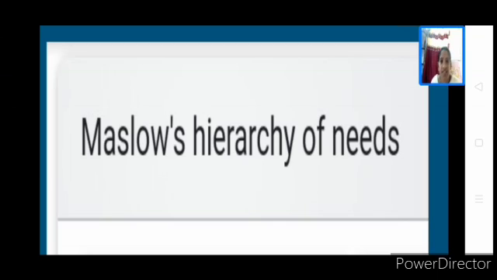So we have started with the directing chapter. There we have learned the principles of directing for managers. Then we started with the elements of directing. There we have seen supervision as the major element, and next we started with motivation. In motivation we have learned many things: the process of motivation, different terms used in motivation, and the importance